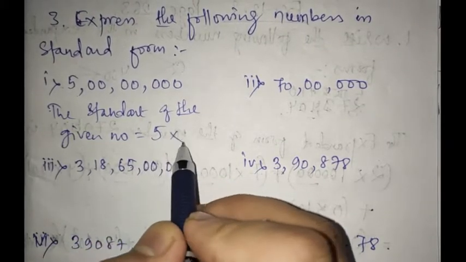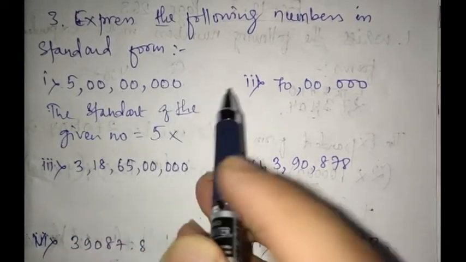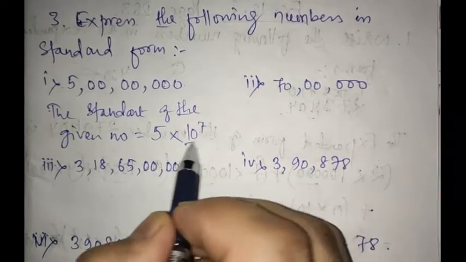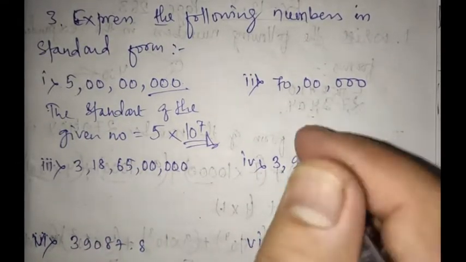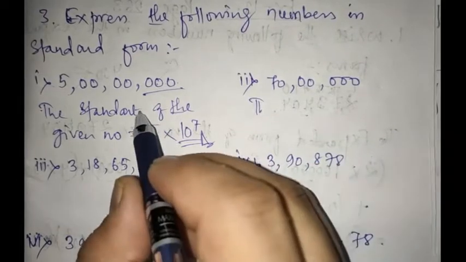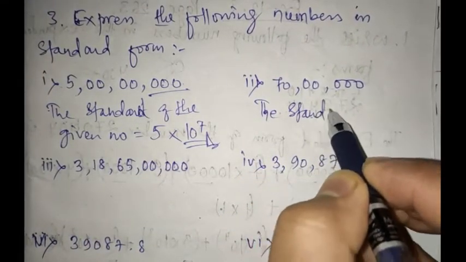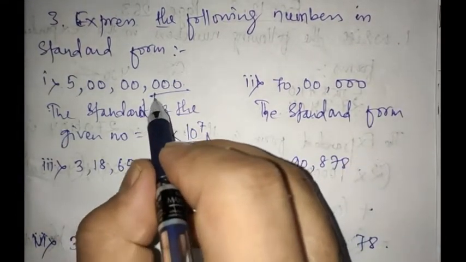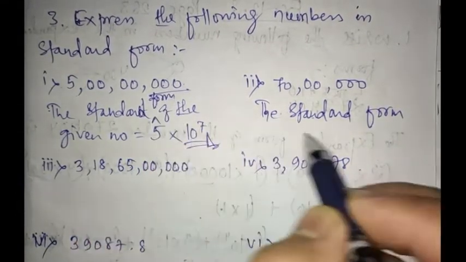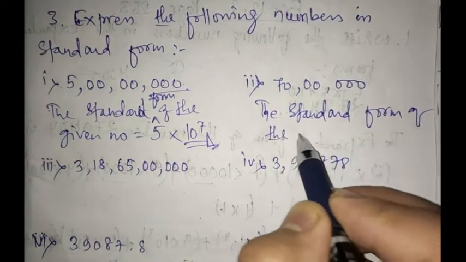Now 5 into how many 0 are there? Just count it: 1, 2, 3, 4, 5, 6, 7. So just write 10 to the power 7. This is the standard form of the given number. Similarly, you will write the standard form. Here I forgot to write, so I will write it here: the standard form of the given number is